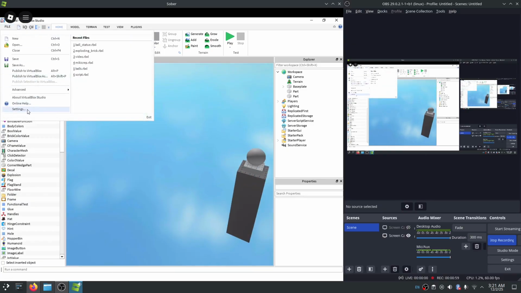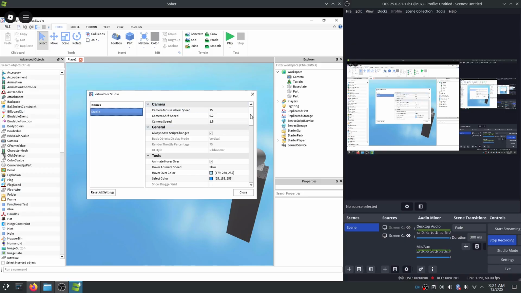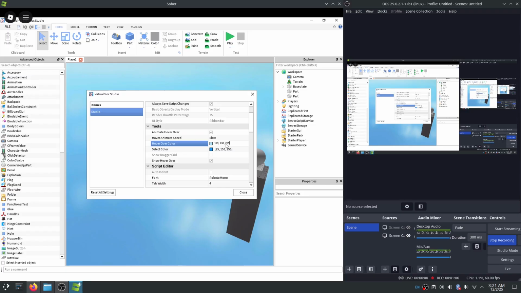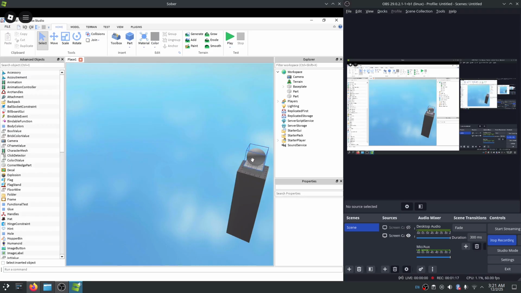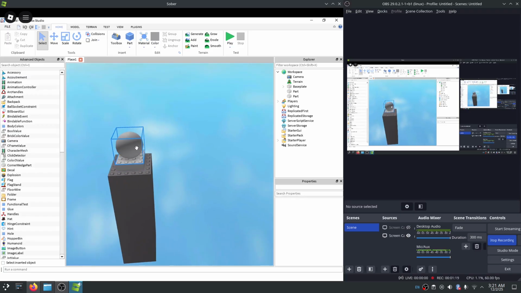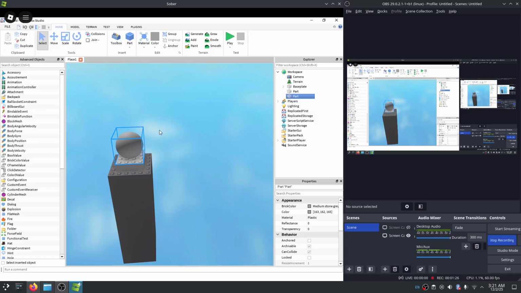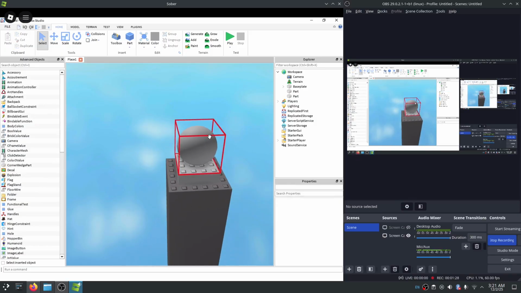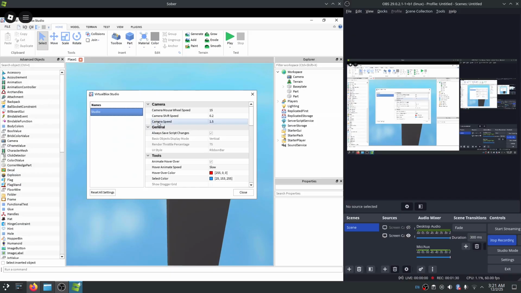Now let's get on to the properties, or the settings, I meant to say. So we've got hover color. I've actually showed this in another video. We can change the hover over color to be red if we really want. So change that, and now, as you can see, it's red, and it kind of animates between the selection color and the hover color, which is nice. But if you don't like that,